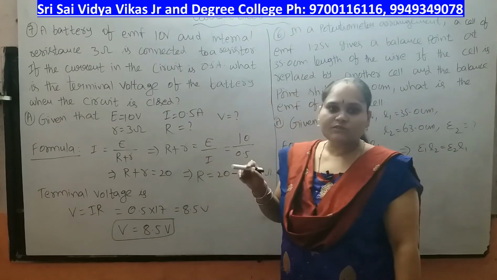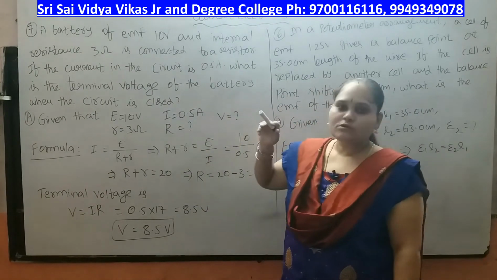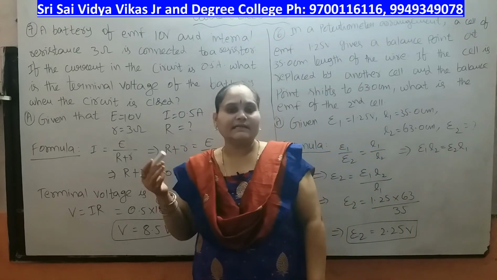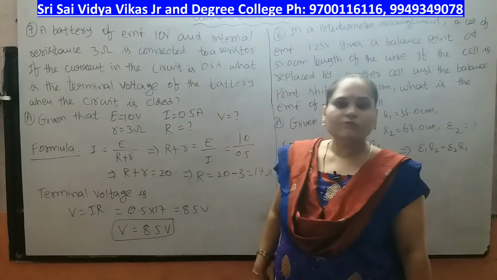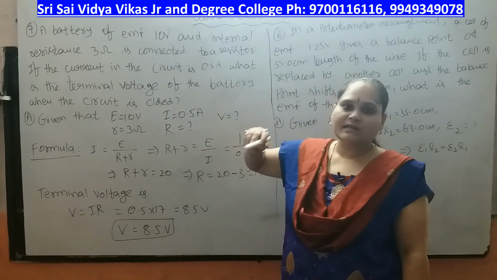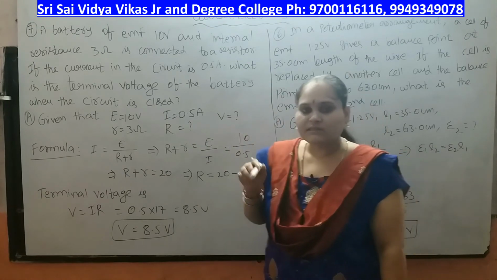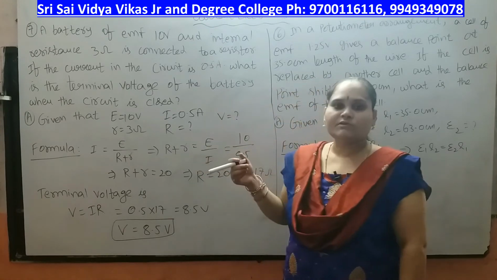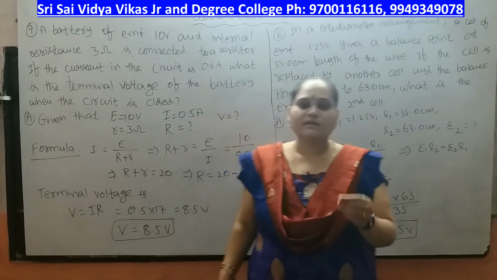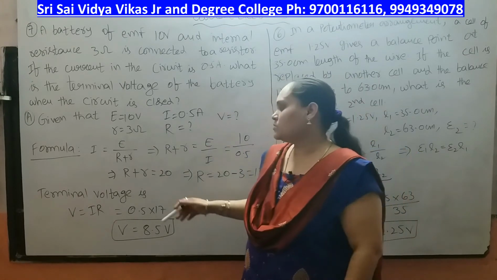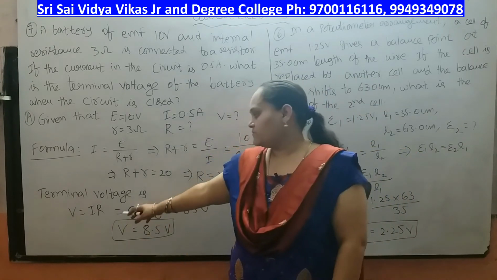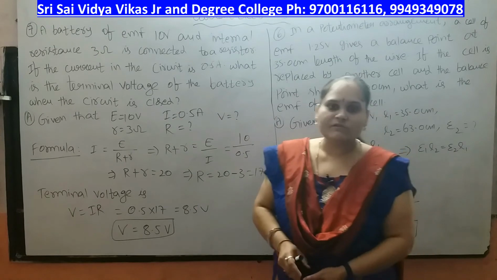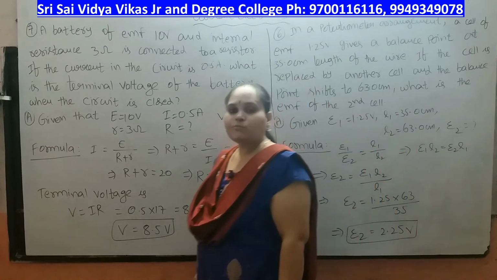Okay, once more. In this we have just the EMF value 10 volts, the internal resistance 3 ohms and the current I equal to 0.5 amperes. Now we will calculate the external resistance and the terminal voltage. For this we have the formula E equal to IR. Here R is capital R plus small r. So I equal to E by R plus r, and we get R plus r equal to E by I. Substitute all these values and we get R plus r equal to 20, but we have small r equal to 3 ohms, then capital R equal to 17 ohms. To calculate the terminal voltage, V equal to IR, I is 0.5 into R is 17. Substitute and simplify, then we will get terminal voltage V equal to 8.5 volts.